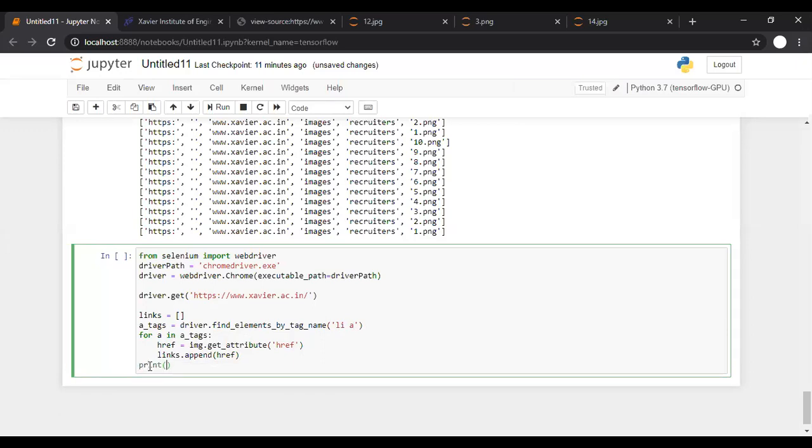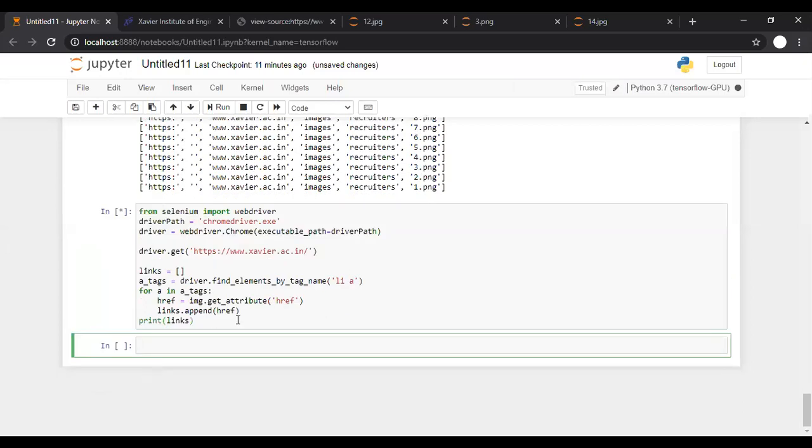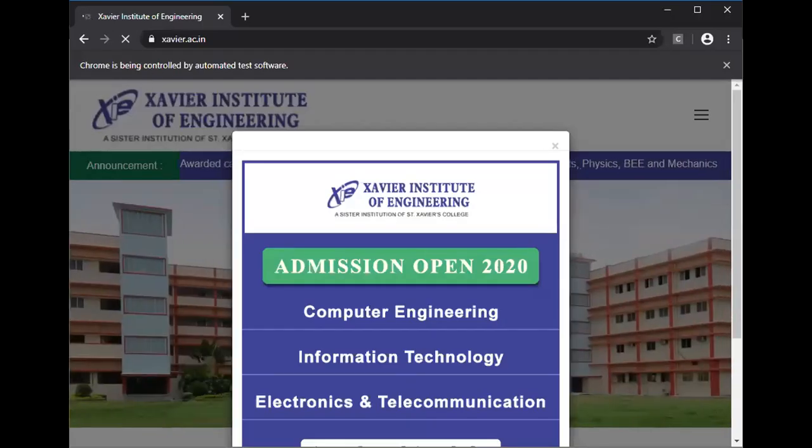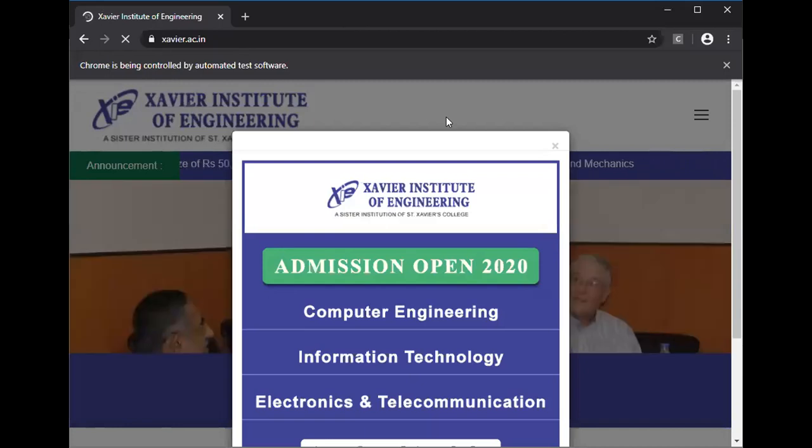Print links. So the page is open, and the entire cell is working. Now the page is getting loaded.